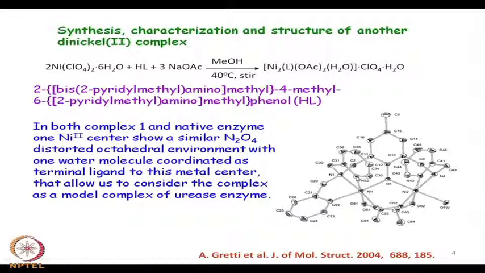So, if you have this pyridine based system, 2 pyridine groups you can have. If you take any pyridine where in the ortho position you have the amine function, so in any pyridine ring you have in the ortho position a methylamine function, and you take the second pyridine ring as your pyridine 2 aldehyde, and you get the corresponding Schiff base. So, a simple Schiff base you will get, and that Schiff base will be a tridentate Schiff base. So, this nitrogen, the second nitrogen and the third nitrogen.